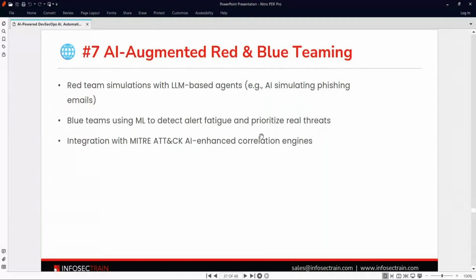So what is the purpose of this AI? I mean, AI augmented red and blue teaming. Team, you might have heard about this, the red teaming and blue teaming. It is all about how they are performing the hacking. There are different teams available, and you might know what the red teaming will do. So these AI related tools will help you